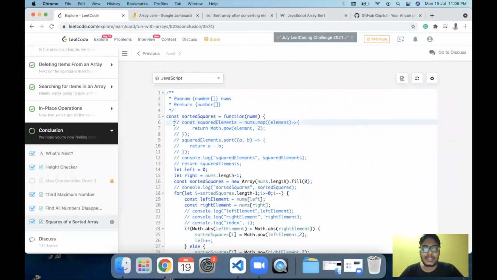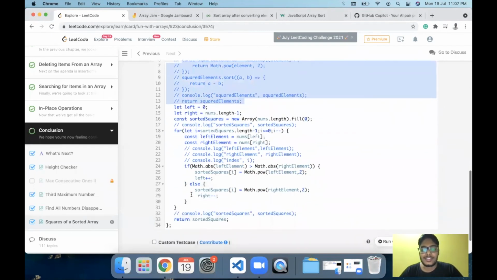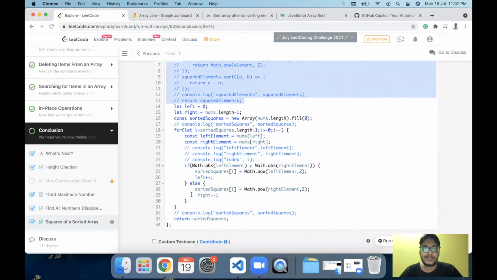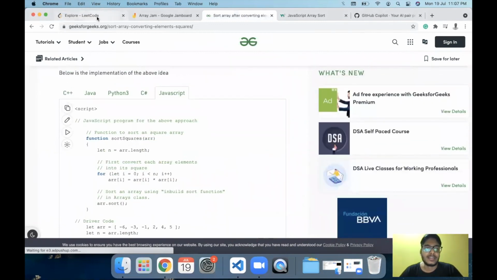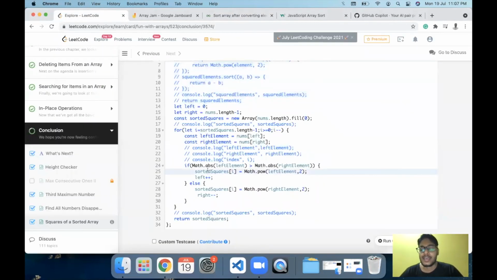in the beginning stages of Copilot. I think it is trained on Stack Overflow answers, and this might be the most common answer. That is why it is throwing us variations of this. But the solution which even I couldn't come up with, after some research, GeeksforGeeks website suggested has O of n complexity, and I think for now GeeksforGeeks has much better solutions than Copilot for at least this problem.